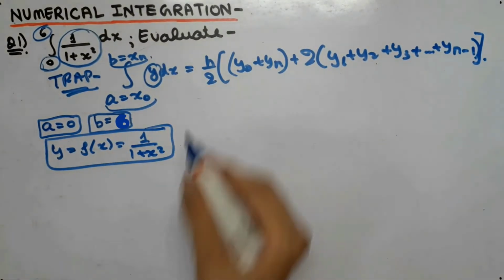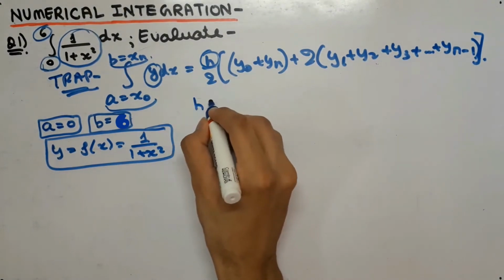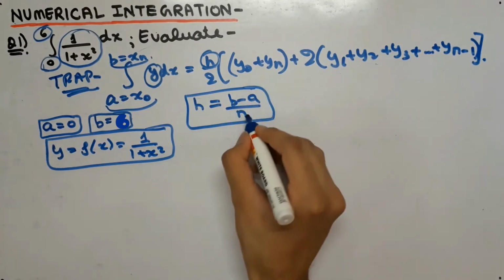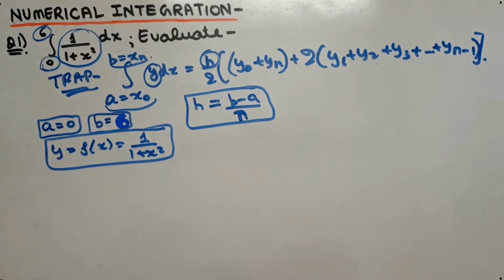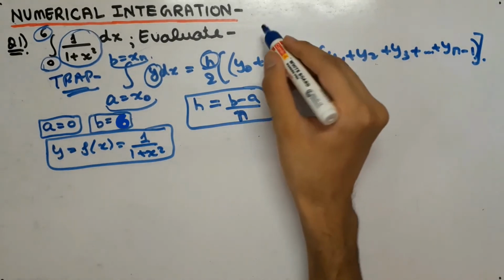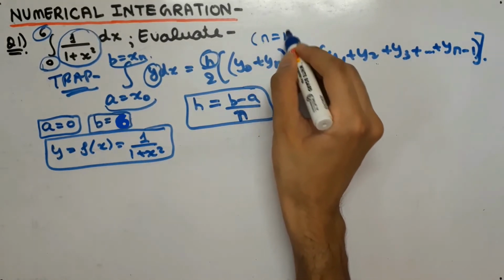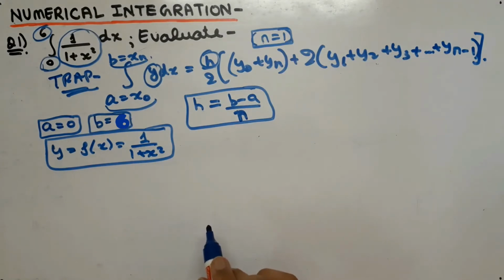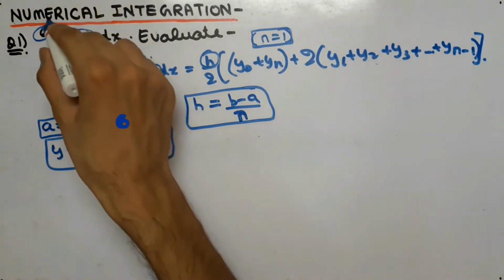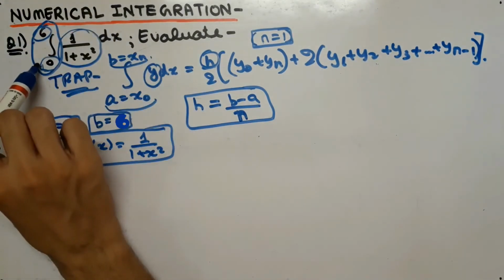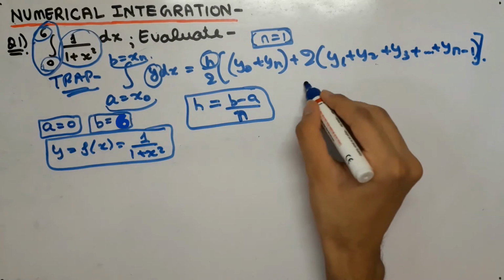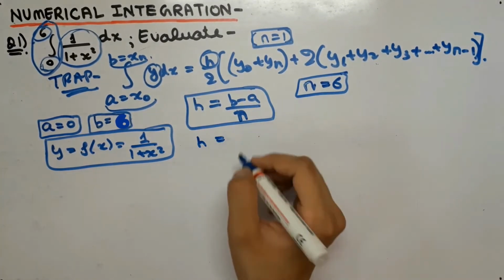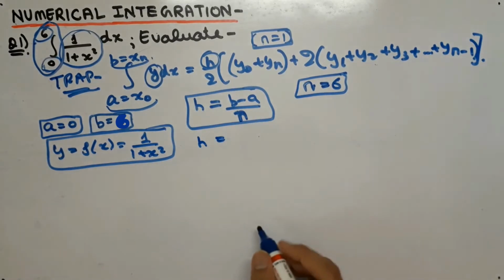Now similarly we will get the value of h. That is, the formula for h is b minus a upon n. But before finding h, we need to know the value of n. Now as we discussed earlier, the trapezoidal rule can be used for any value of n. That is, we used n as 1. That is, for any value of n, we can use the trapezoidal method. So here the value of n will be found from the integral limits. That is, we can see that the limit is going from 0 to 6. So our value of n is 6. Now we will put the values of b, a and n in this formula and get the value of h.